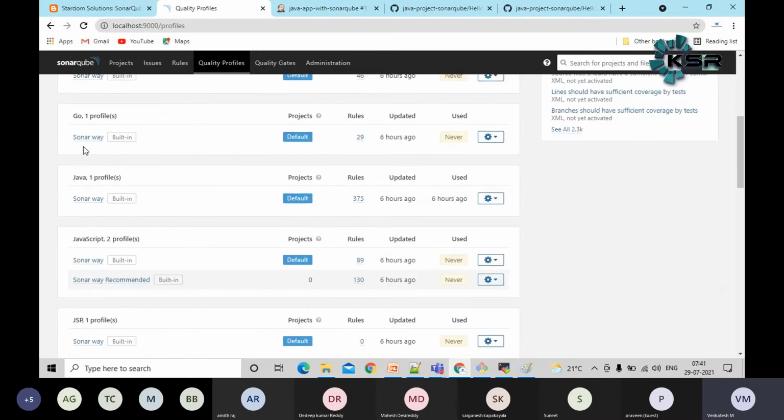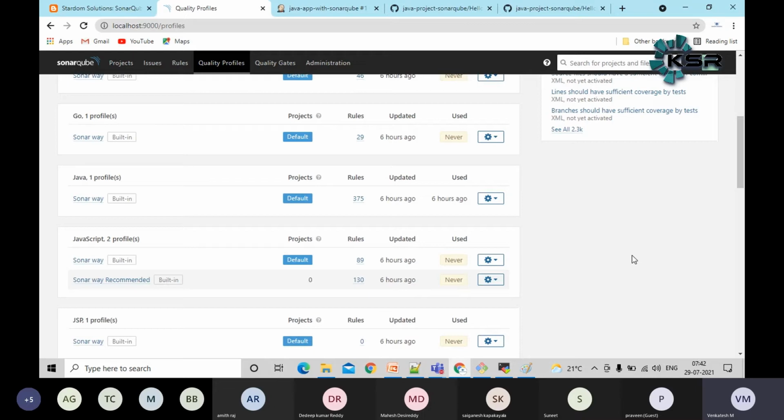Flex, Go language, Java language, there are a lot of rules, guys. Currently, I'm using Java. It will by default identify the programming language and impose the rules. We don't need to explicitly mention that this is my Java project, this is my .NET project. SonarQube will identify automatically, guys. We don't need to worry about it.